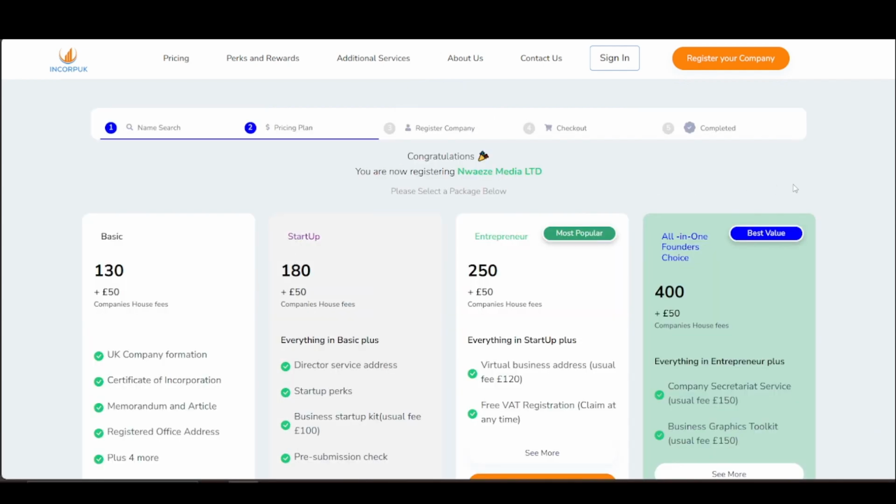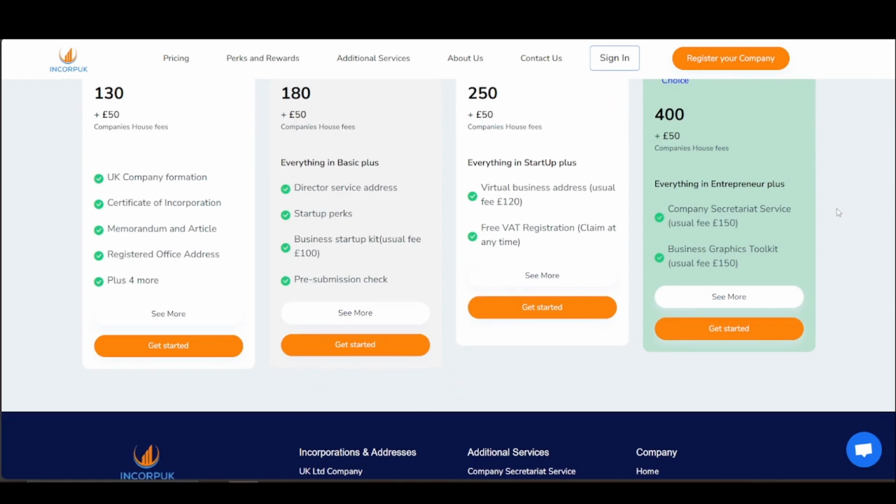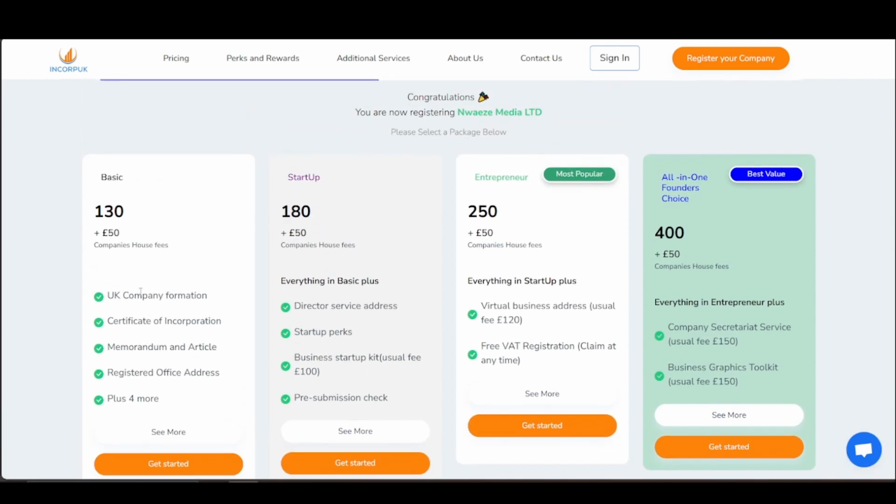Now once you've done that, you're going to get to the pricing plan. We are going to set the pricing option for you for your business. Now say congratulations, you are now registering Nwaeze Media Limited. Now select the package. You're going to select a package. There are 4 packages here. There's the basic. This basic plan has register business, UK company formation, certificate of incorporation, memorandum and articles, registered office,